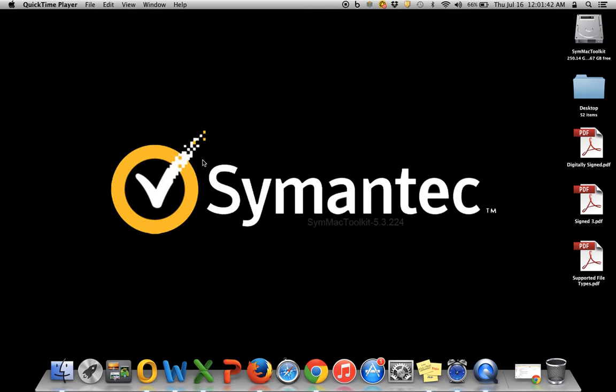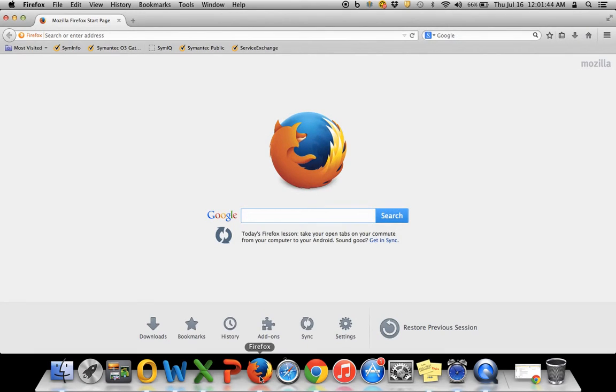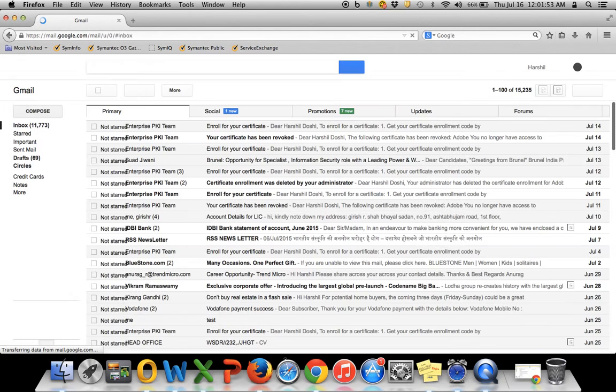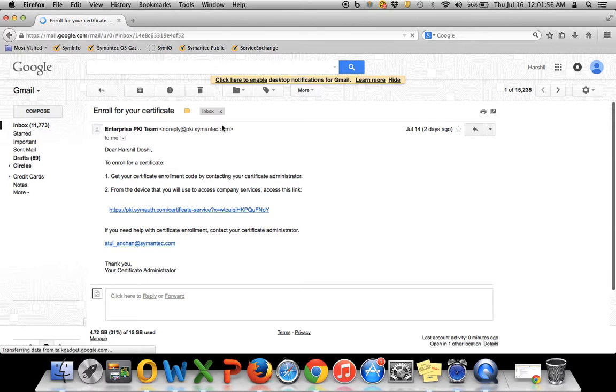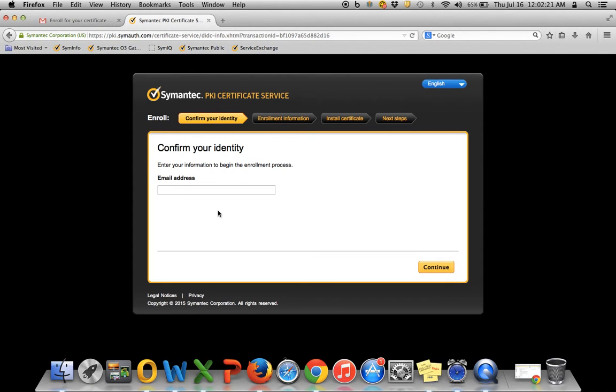Okay, once the machine restarts, go back to the email that you received from the PKI administration and click on the same URL again. Now, one piece of information that I wanted to give you while the page loads here is that there are certain browsers that the PKI application supports. So make sure you are using only the supported browsers, which are Firefox, IE,